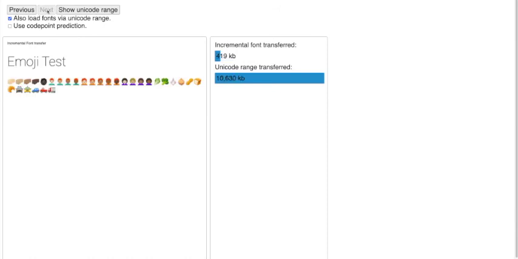Lastly, another really interesting case, which we think incremental transfer could be quite useful for, is with emoji. Emoji fonts have an extremely large set of emojis, and you typically only need a small set in any given place. Being able to load the data just for the emojis that you actually need, you can save significant amounts of bytes transferred. This particularly is quite effective with things like the skin tone emojis, where you have many different variations on the same emoji. With the Unicode range approach, you're forced to load all the different variants at the same time, whereas with incremental transfer, you can load just the ones that you need.